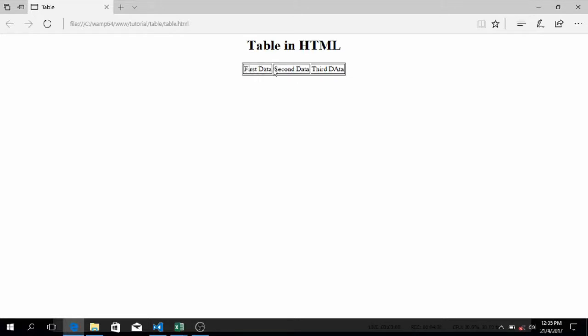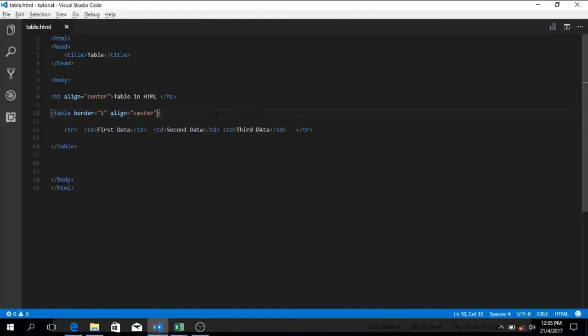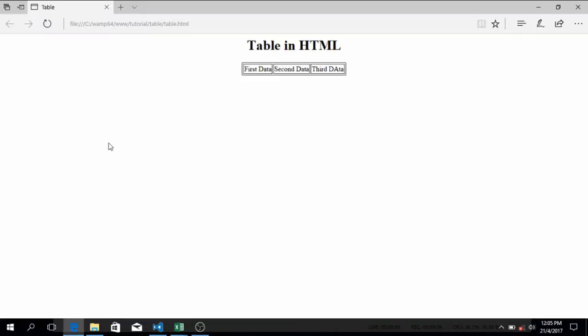Now this table has one row and 3 columns, right? 3 columns and 3 cells of data. So now to add another row below this row, it's easy. You just add another tr tag below it, right? Another open and close tr tag. Now to make things easy, I'm just gonna copy this, and I'm gonna paste it within this tr tag. I'm gonna hit Ctrl S to save it and go back to the browser and hit F5 to refresh it. Now there you go,